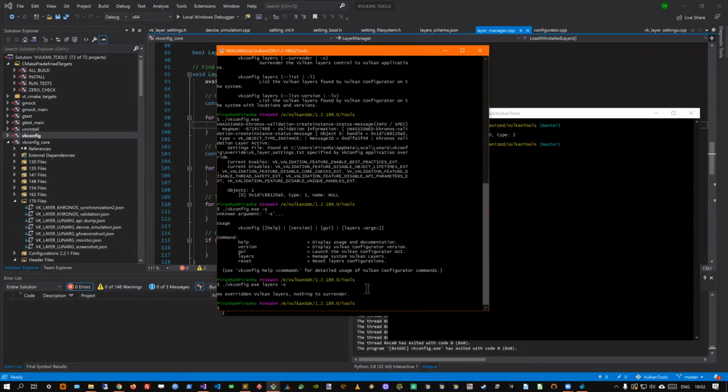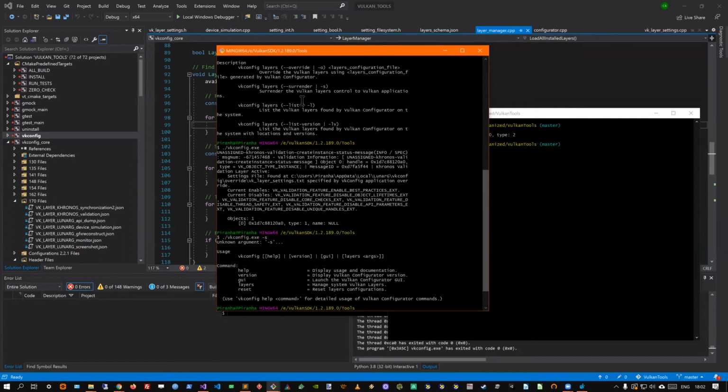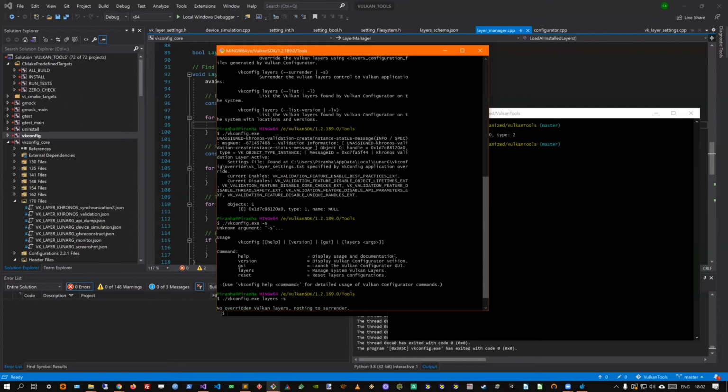But if, for example, the system is left in a position where launching an application crashes, or Vulkan Configurator crashes or something, we can clean up the system with this command. In practice these days, it's not very often useful, but it could be useful again with CI to continue to execute other tests without any configuration running.